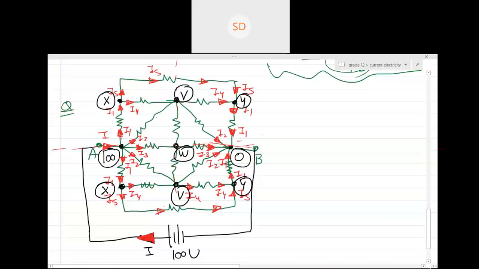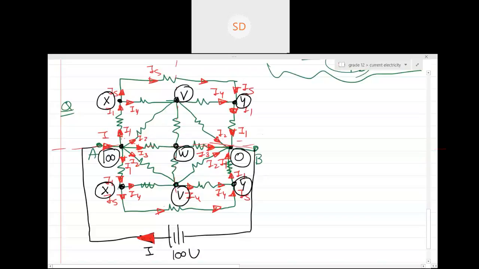Here, it is having how many parts? Can you see? One resistance, two resistances. The path is different. Can you see this path is connected in between this resistance as well? So the path is different. That's why the resistance is different. The path is different, that's why the resistance is different, and hence the current is also different.